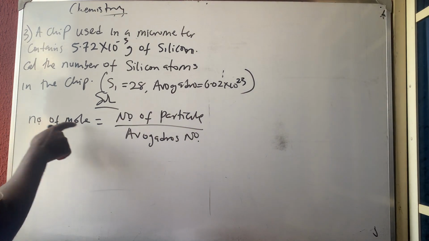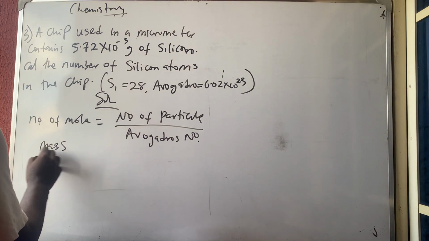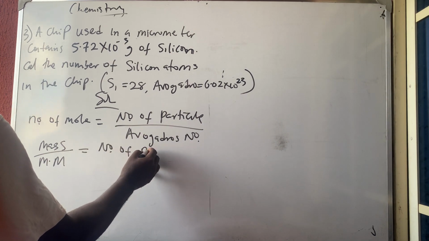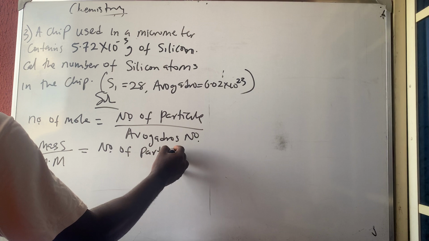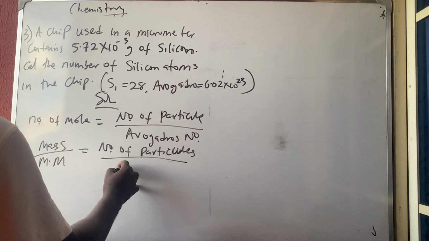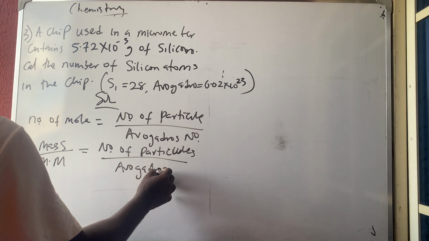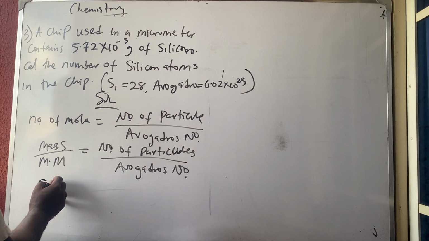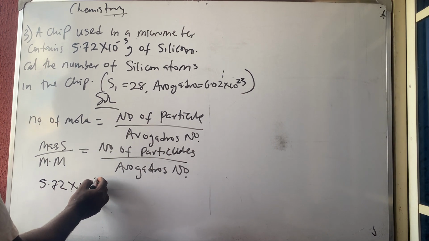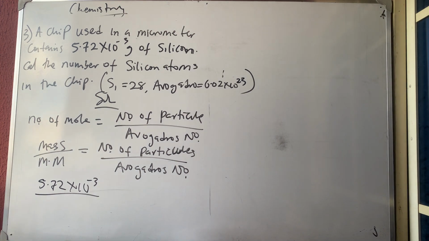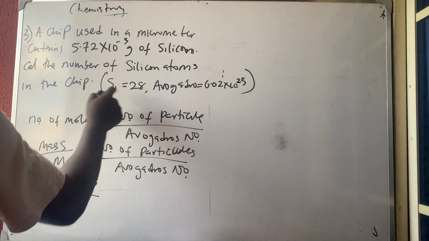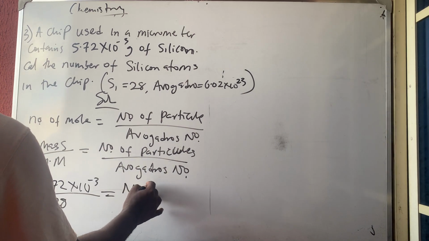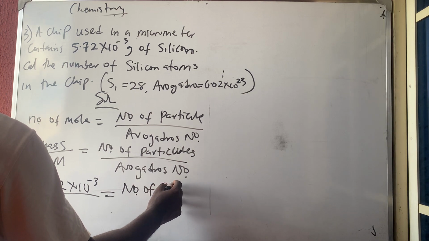Okay, so number of mole is also mass over molar mass, and is equal to the number of particles all over Avogadro's number. So the mass that I'm given is 5.72 times 10 raised to the power minus 3 all over the molar mass, which is 28, is equal to the number of silicon atoms